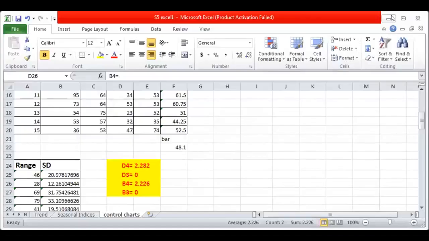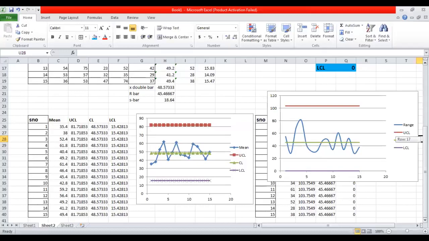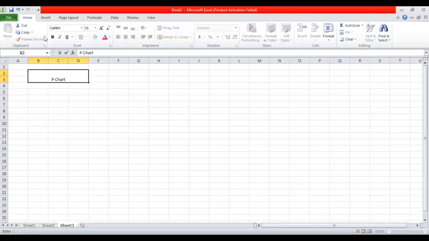Now we'll see the practical related to the control charts for attributes. Coming to control charts for attributes, how many types of attribute charts do we have? P chart, NP chart, and the C chart. So now we'll see the problems related to that. We have completed these. Next we'll see the control charts for attributes. For that, first we'll see the P chart. So construction of P chart.